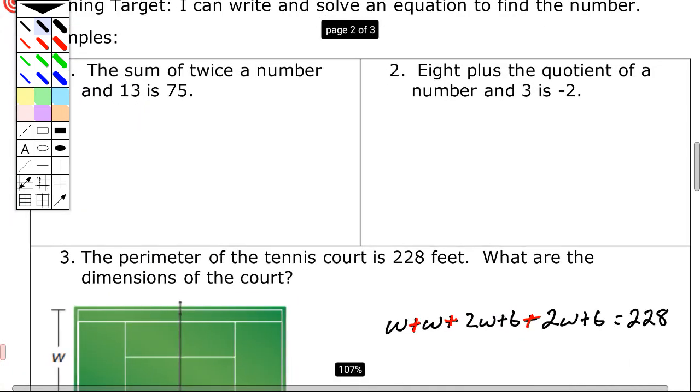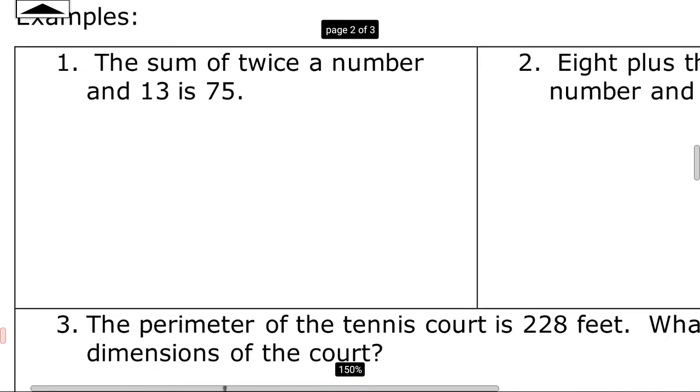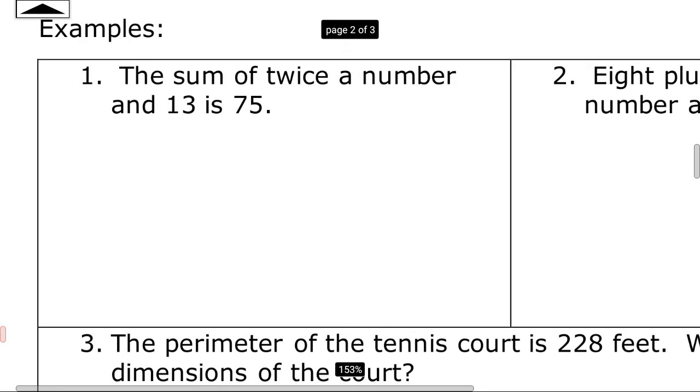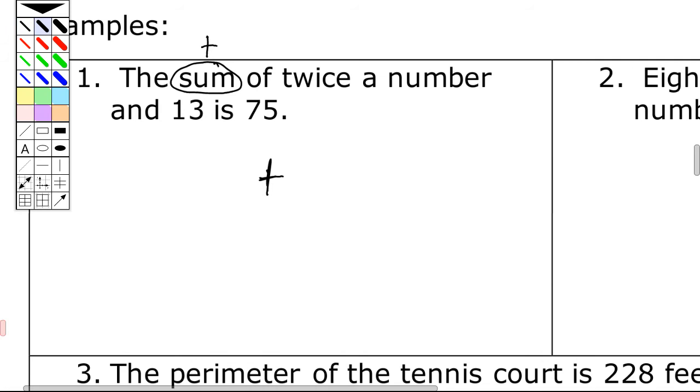Alright, so now we get into these word problems. Pretty simple. You just got to read them and make the math statement from it. So the sum, we got to recognize these words. We know sum means addition, so I'm adding things together. So it says the sum of twice a number, so 2 times some number, let's call it x. That's twice, 2 times a number. So the sum of that and 13,